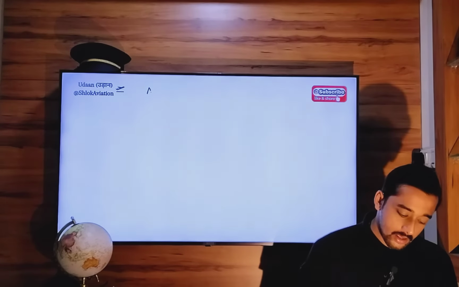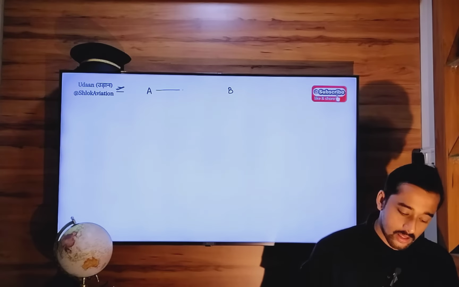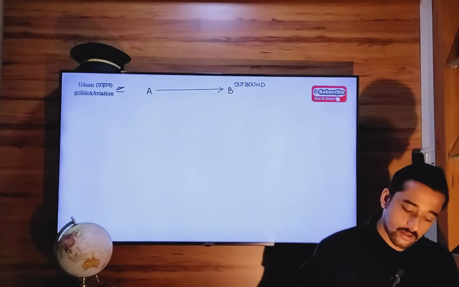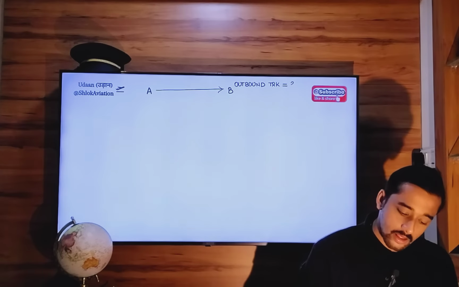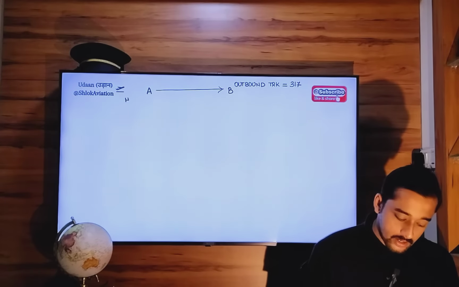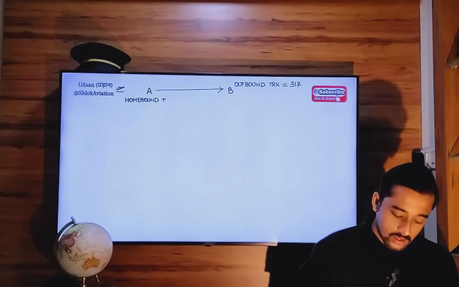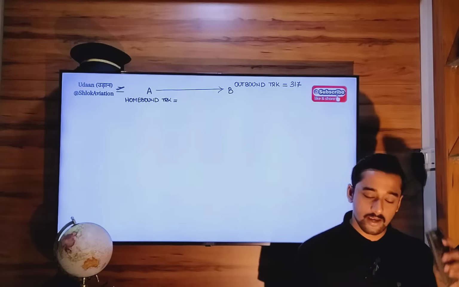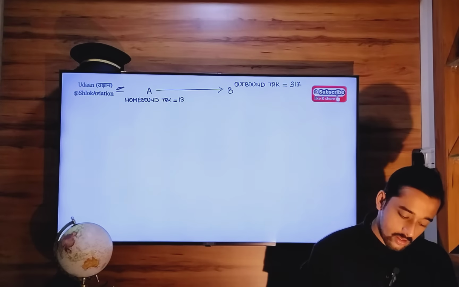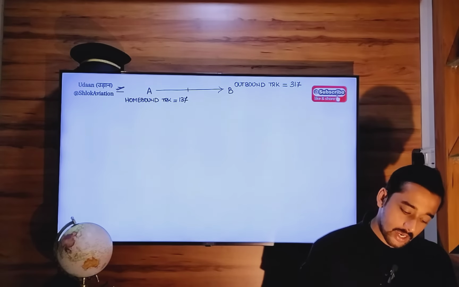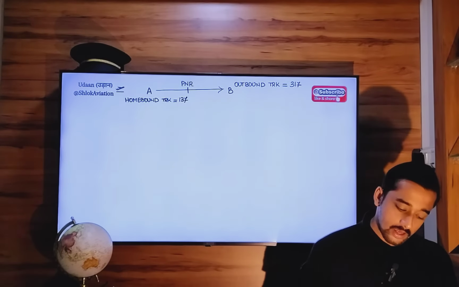This is your point A, this is your point B. Outbound track is how much? Outbound track is equal to 317. Homebound track is the reciprocal of 317, that is 137. Right? Then there is PNR between point A and B. The distance to PNR is 732